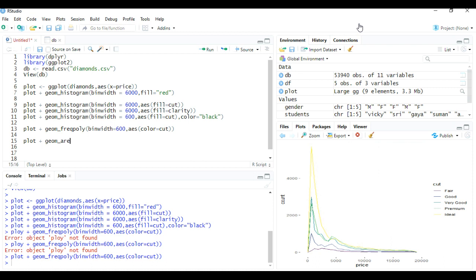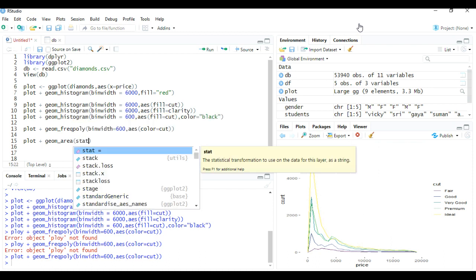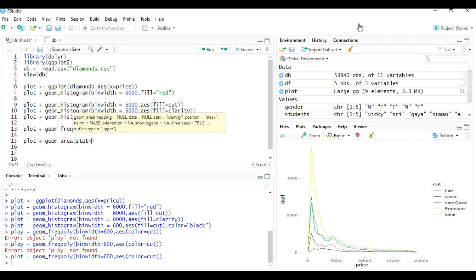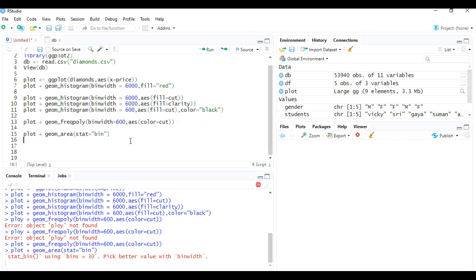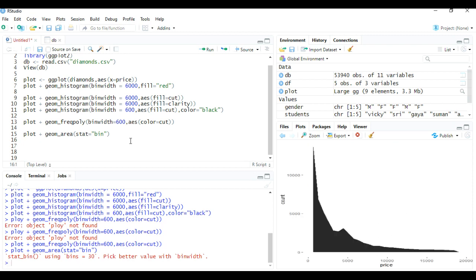Here I will type area because we are plotting an area graph, and stat equals to bin. Now let's run this line and see what output we are getting. We got some errors. No. Yeah, as you see, we got a graph.